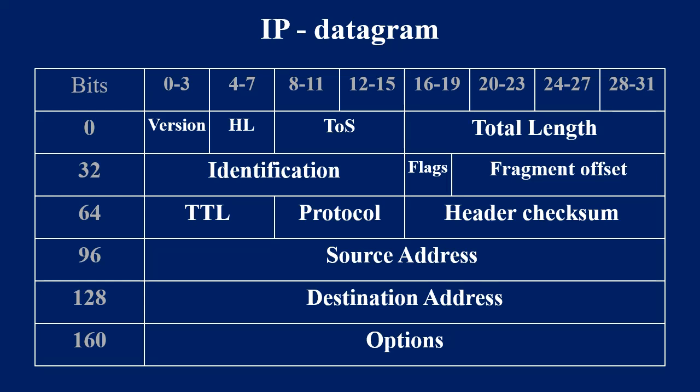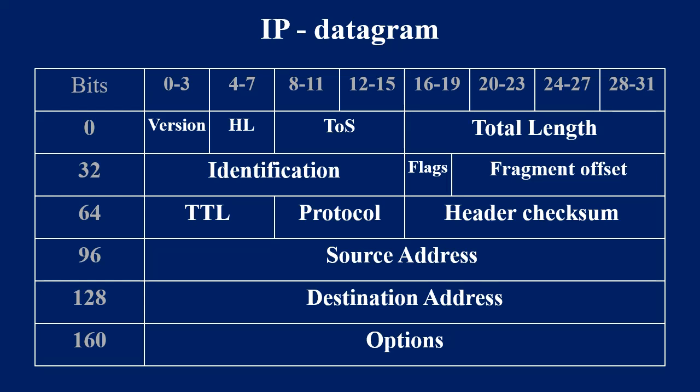Although there are two IP versions, namely IP version 4 and IP version 6, we will consider only the IP version 4 datagram. Every IP header always begins with a 4-bit long specification of the Internet Protocol version number, either IPv4 or IPv6. The next 4 bits inform about the length of the IP header, as it varies. The length of the header is calculated by multiplying this value by 32 bits. The minimum value of header length is 5, as 160 bits or 20 bytes is the minimum size of the